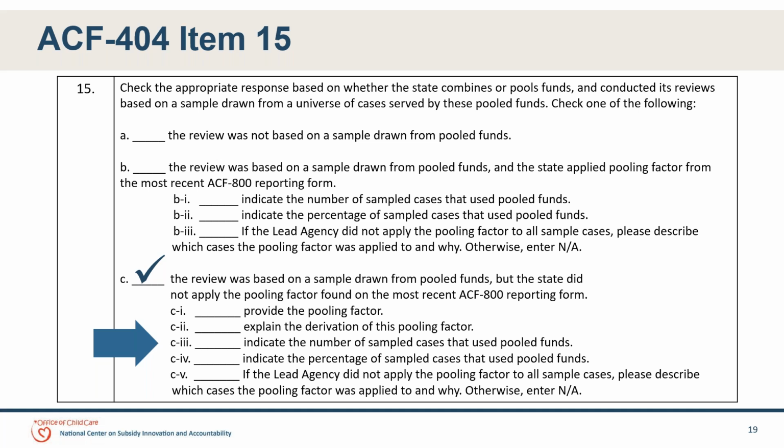We do go back and look at your SSTAP where you describe the plans for the pooling factor. If we see some discrepancy, if what you show here does not line up with what you had on the SSTAP, we do come back and ask you why it is different. So if you know now that there was a change in how things were done, you can go ahead and get in touch with your regional office ahead of time to let them know. And that might save us some time down the road when we're reviewing your report.